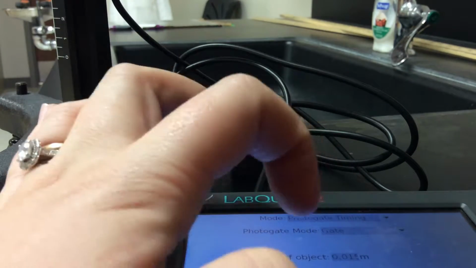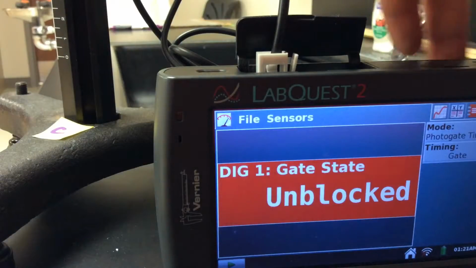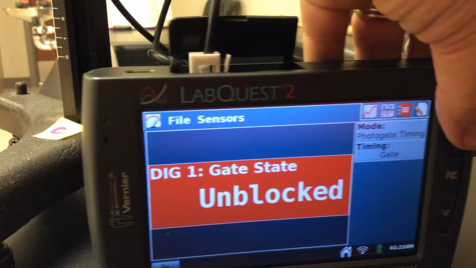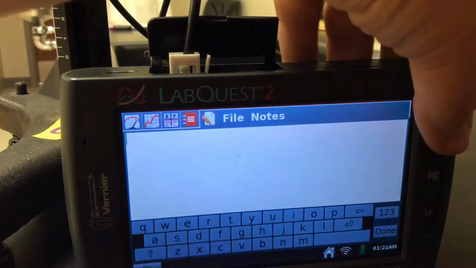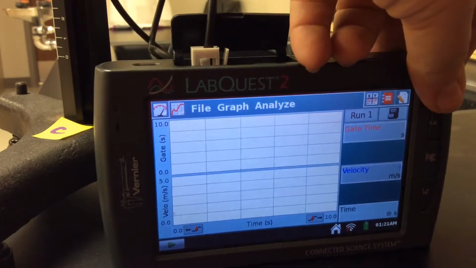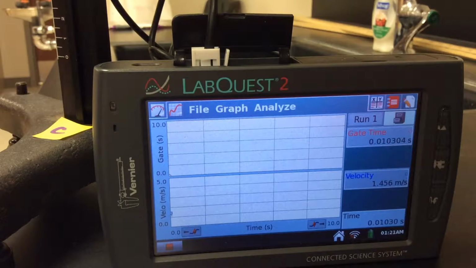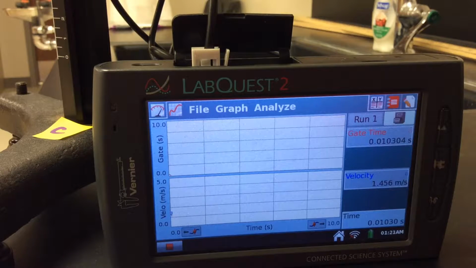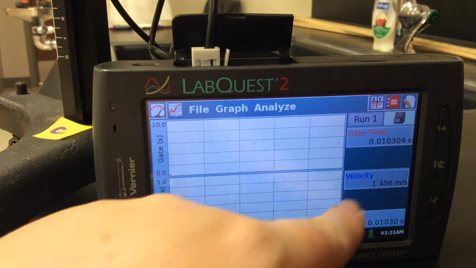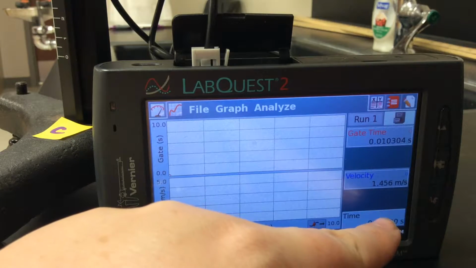And let me double check my settings. Okay, everything looks okay. So now it's waiting for something to happen again. And you can see here's our velocity. So in your data chart,